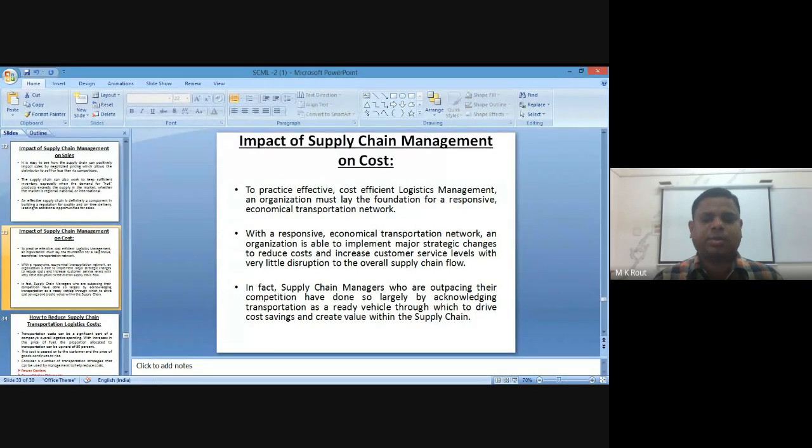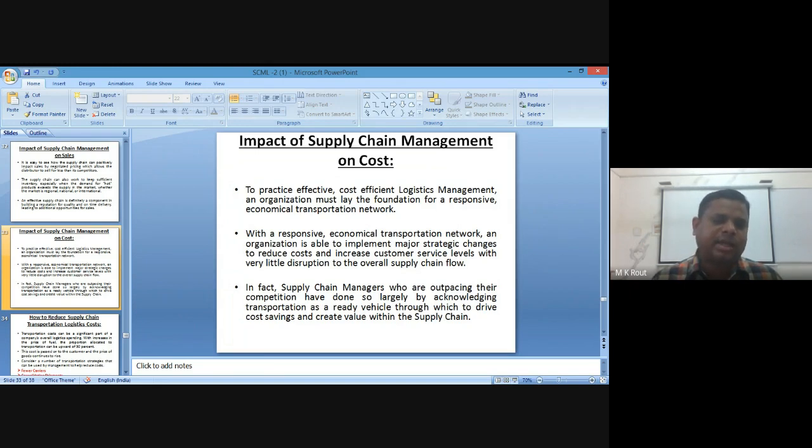So that is why most of the companies, as I told in the last class, like Kapoor and Sons, is the only one company who provides more customer satisfaction or customer service. Suppose you are transporting your four-wheeler, or even your bikes, from Bhubaneswar to other places. In that case, the company is responsible: if any kind of scratch or damage appears, they will provide insurance against this scratch and damage. So this customer service will be enhanced, and you get more potential customers, which directly or indirectly affects your supply chain flow.